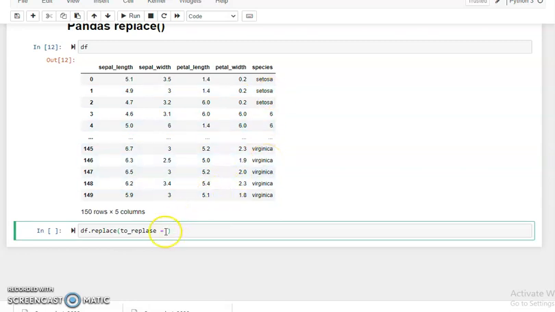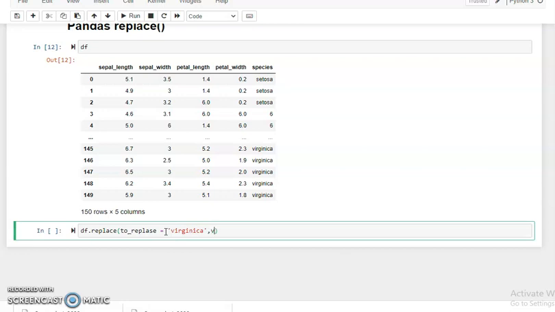So we write here Virginica, and replace Virginica. Then we assign the value.